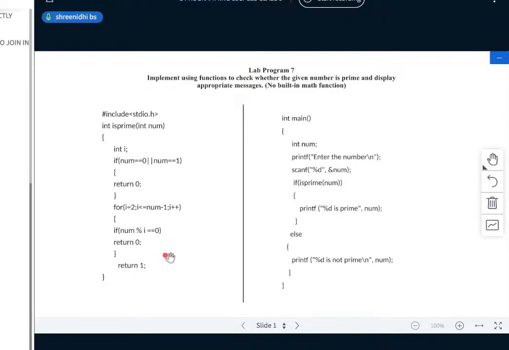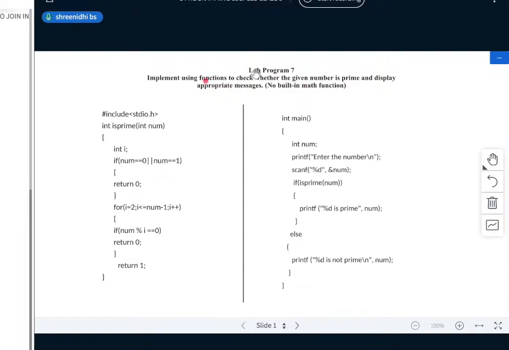So you need to answer these questions because you need to know. I'll be explaining a lab program. What do you mean by prime numbers? Any reply? Everyone, is it audible? Yeah, numbers which are divisible by 1 and itself are known as prime numbers.